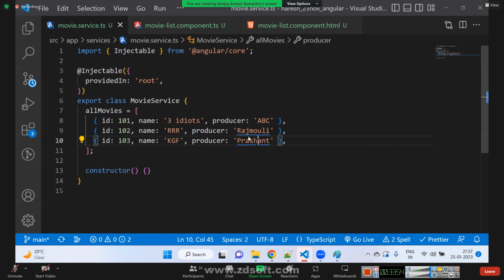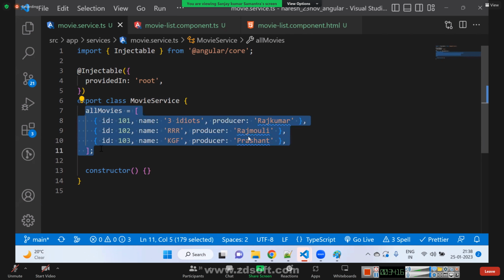Okay, Prashant. So, who is the producer for Three Idiots? Rajkumar Hirani. Okay. So we have movie information, but we don't have IMDb information because the movie service need not maintain